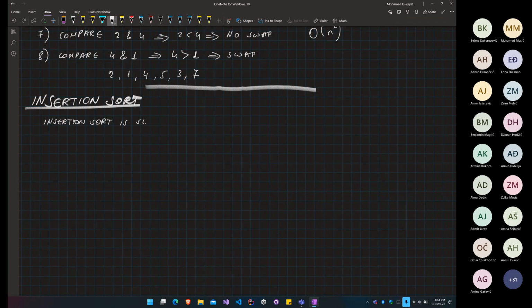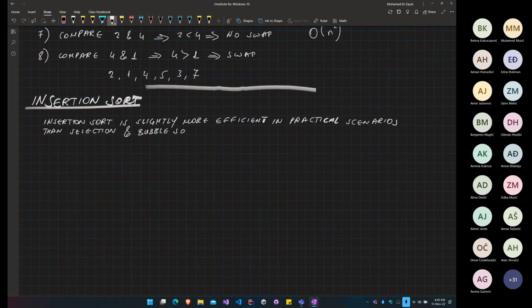is slightly more efficient in practical scenarios than selection and bubble sort. Okay, it proved its efficiency. And in fact,